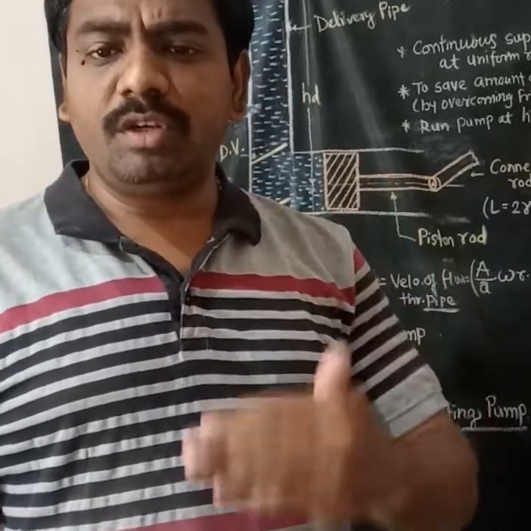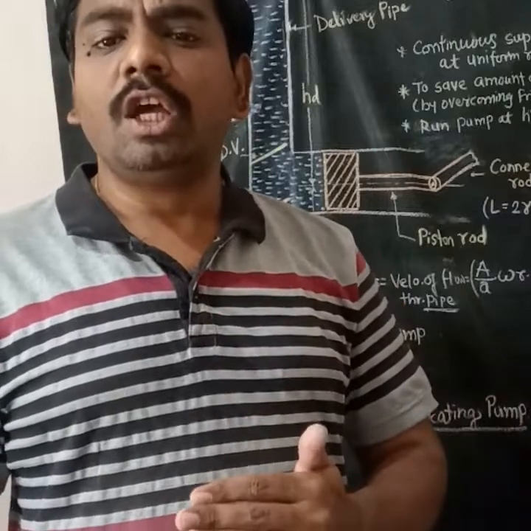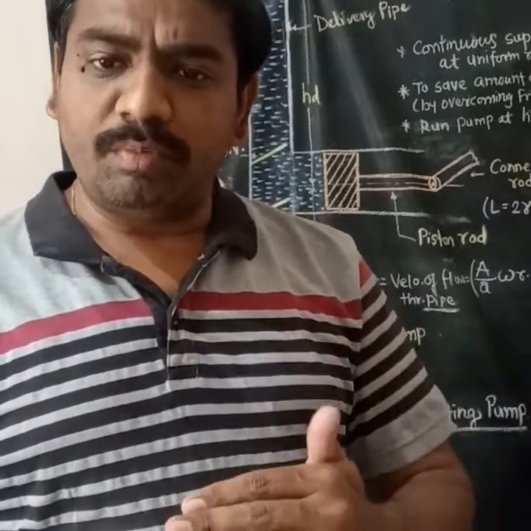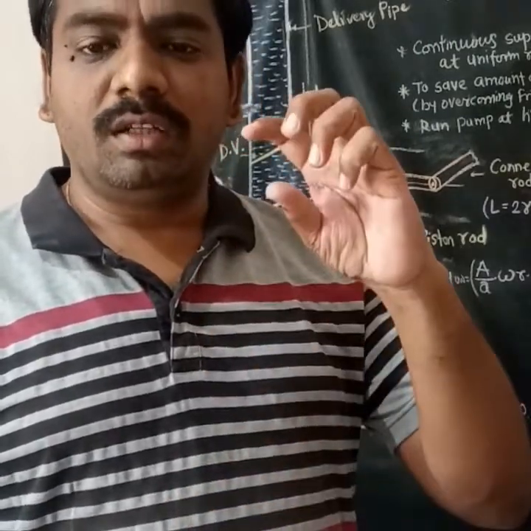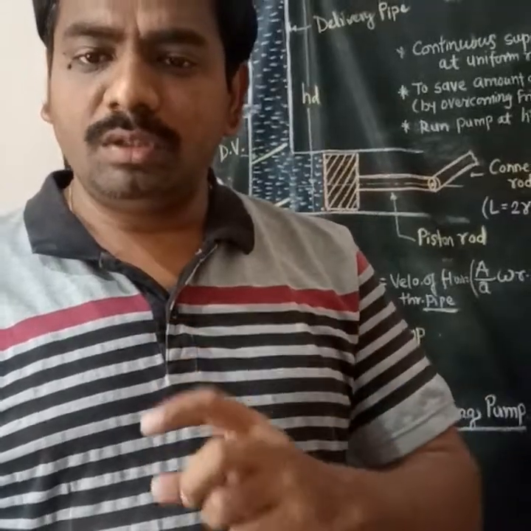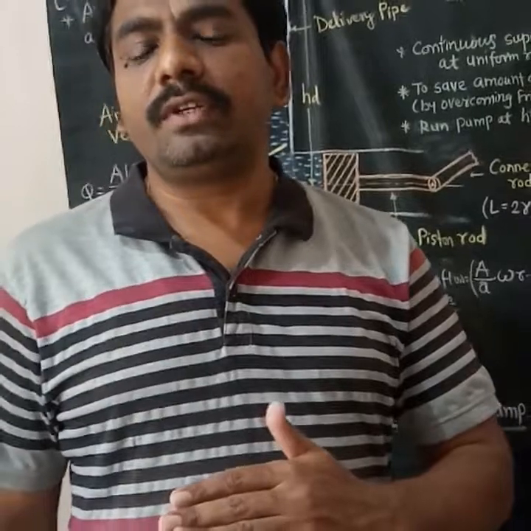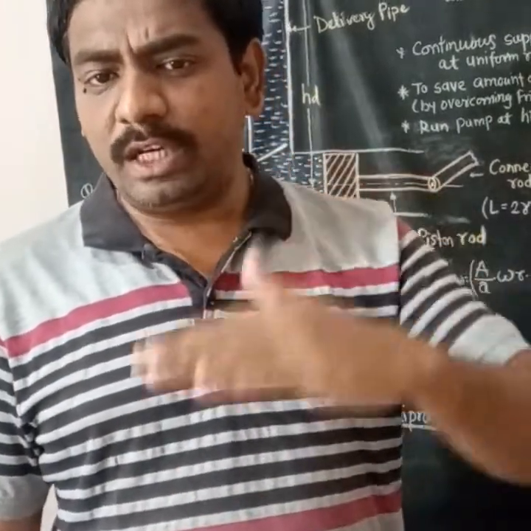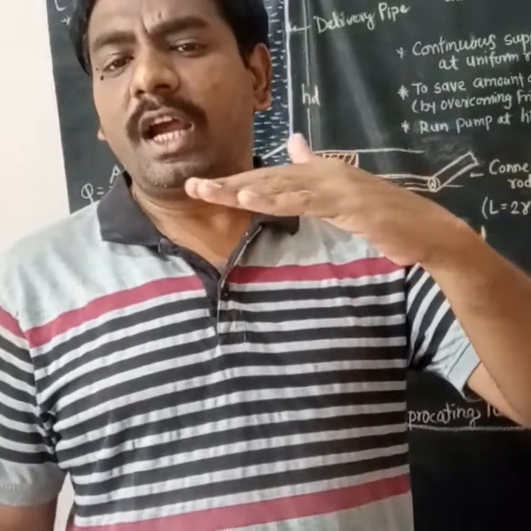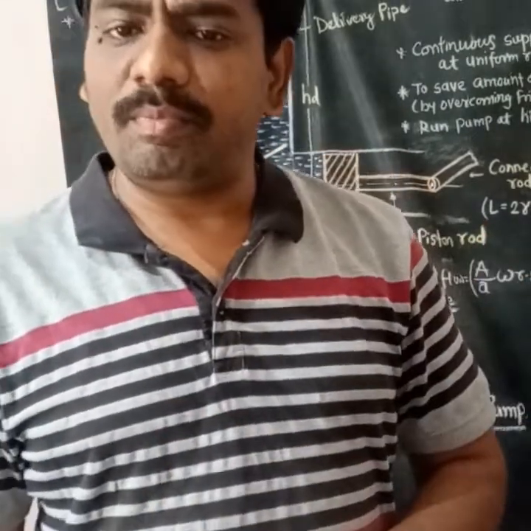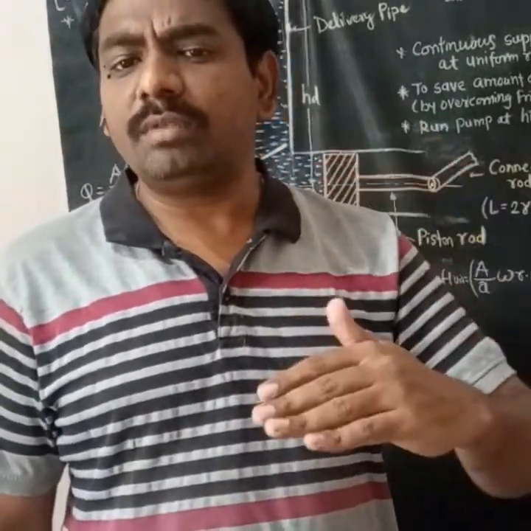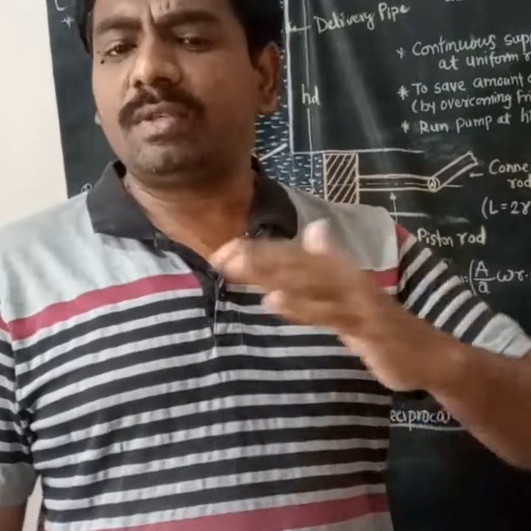So as you know, at the beginning of the suction stroke, the pressure goes below the atmospheric pressure, as well as there is a pressure head due to the acceleration that is going to be added in that particular suction side pressure. So it becomes very less than the atmospheric pressure. So the absolute pressure at that point will be H atmospheric minus in bracket HS plus HAS.